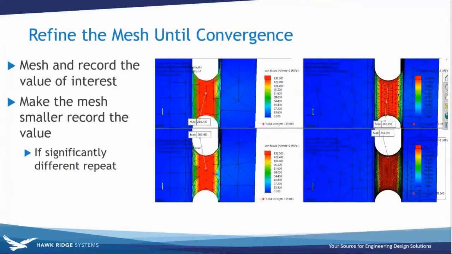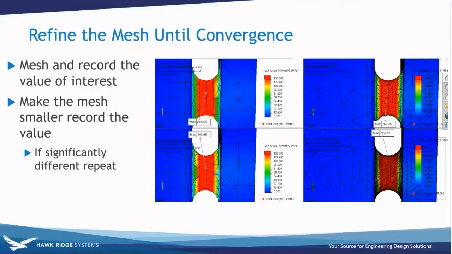A more qualitative approach is to refine the mesh until convergence, until stress convergence. This can be an automated or manual process inside of SolidWorks simulation and should be done to every study you're using to make design decisions with. The procedure is to record the stress value at the area of interest, refine the mesh, and then record the value again. If there's a significant change, you repeat. If there's not a significant change, then your stress value has converged and you know that your mesh is independent